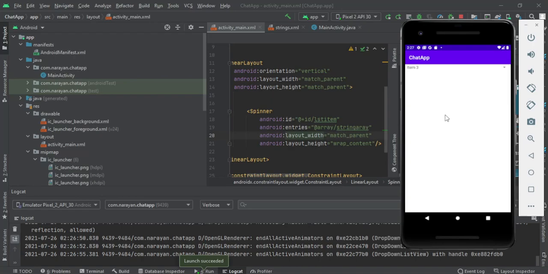Like if you are selecting a country and you need to show its states or something likewise, in that case you can write adapters for this as well. But in general cases where you just need to access the value, you can directly access the value using the getSelectedItem. So you need not do all this for this specific component, that is the spinner. So that's it for today.